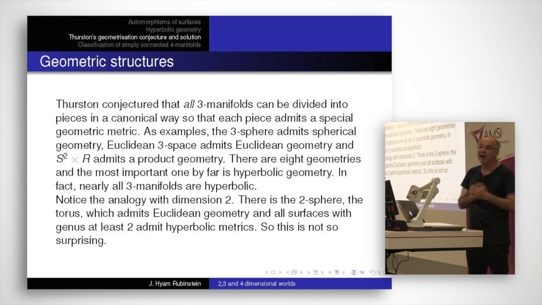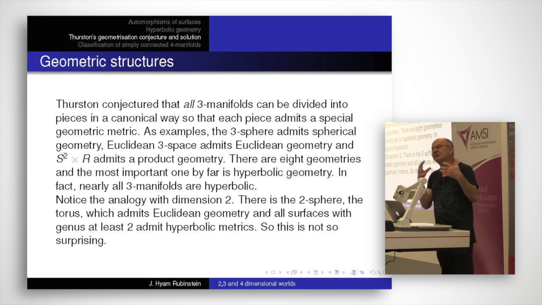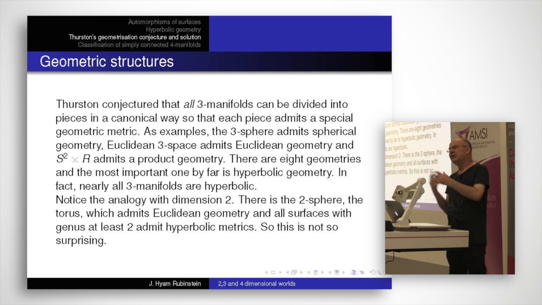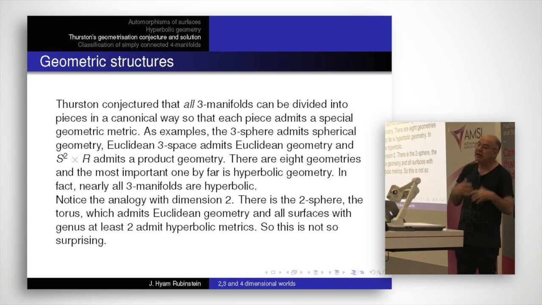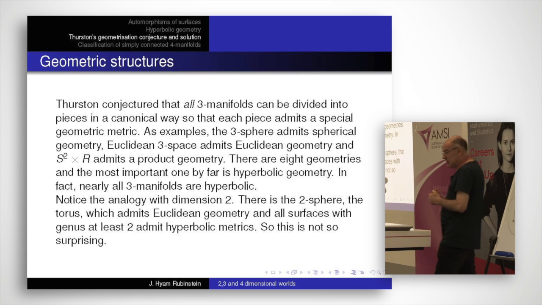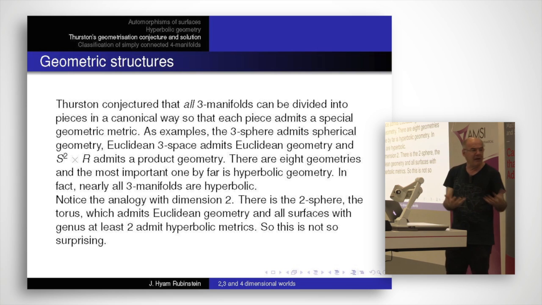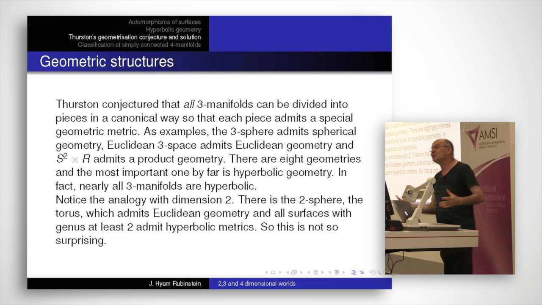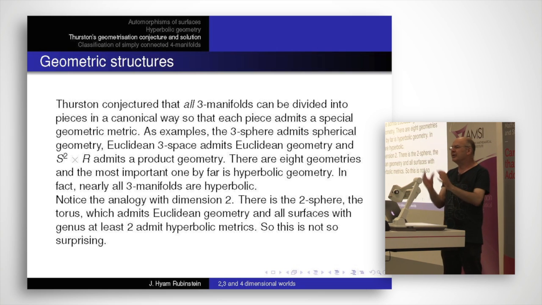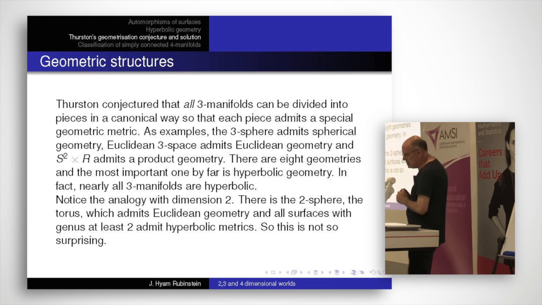One of them is the spherical geometry, that's S^3. You get product geometries like the 2-sphere cross a line, so that's a spherical geometry multiplied by Euclidean, and then you have hyperbolic geometry. So this is the geometrization conjecture, and it's very much like dimension 2 in the sense that in dimension 2 we have spherical geometry, Euclidean geometry and hyperbolic geometry. We don't actually have to cut things up for surfaces in the same way as here.